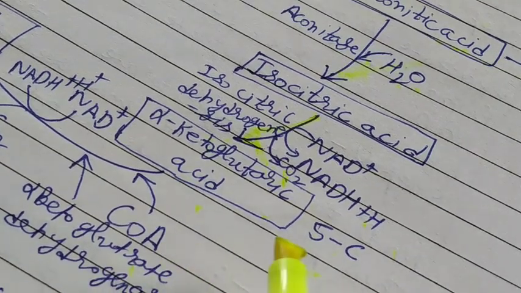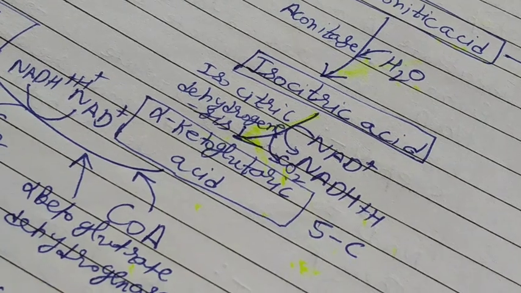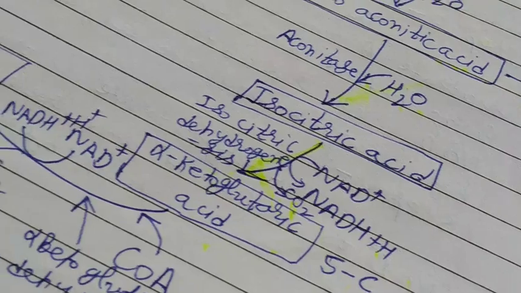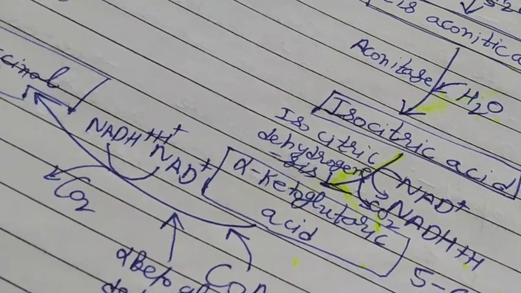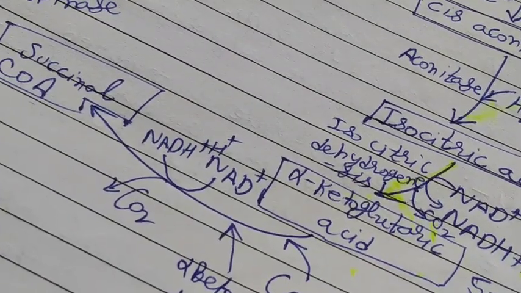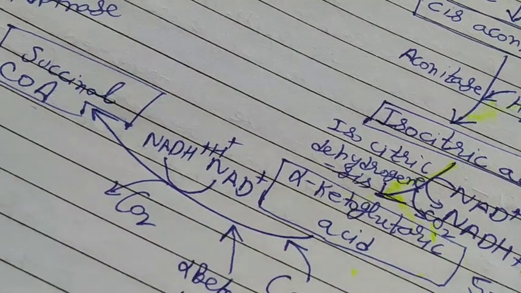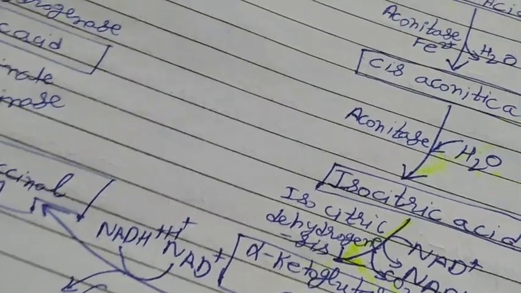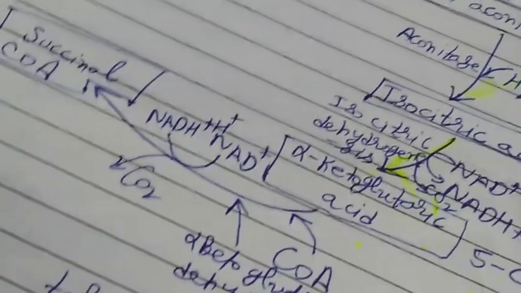Coenzyme A is added, alpha ketoglutarate dehydrogenase. Now NAD is converted into NADH. As you know, carbon dioxide is released out, and next succinyl coenzyme A is formed. Coenzyme A was formed, and next step